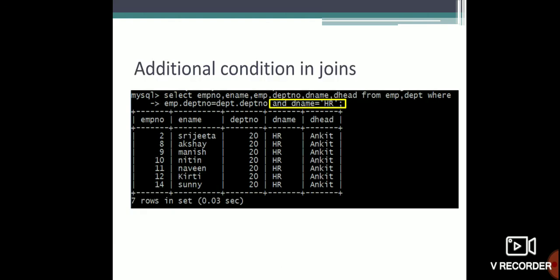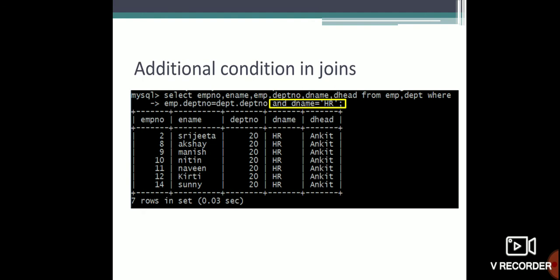Okay. Next is additional conditions in join. If you want to give some conditions also, like I want to get some output according to d name, that is HR, so I can give that there, and the AND operator is used there. Like select employee number, ename, so and so columns I want to show from two tables, that is employee and department, where I want to join first, where employee dot department number equal to department dot department number.